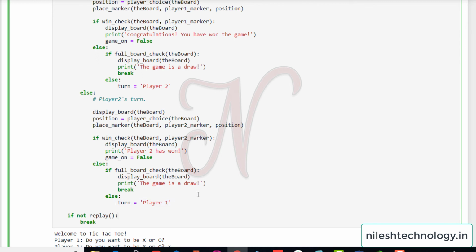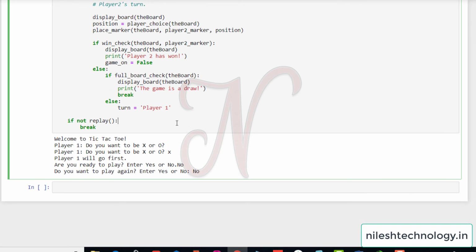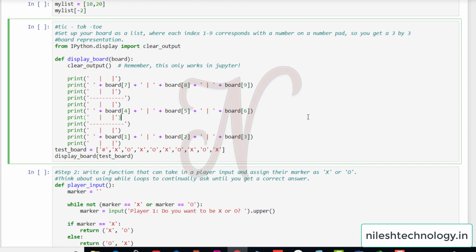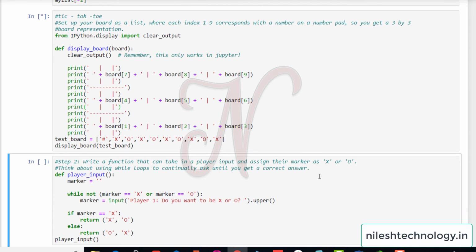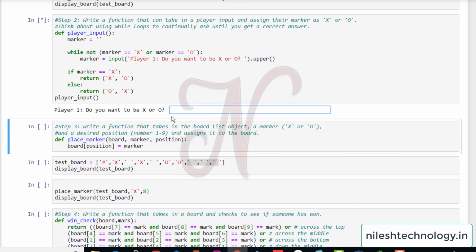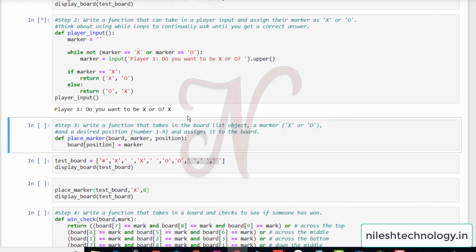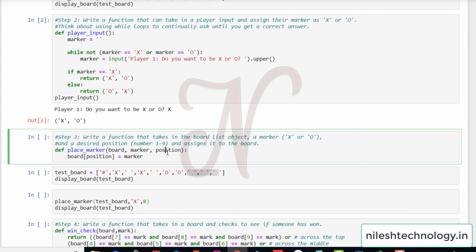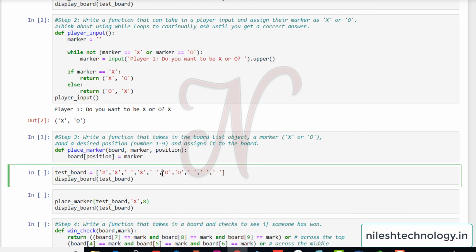So this while loop repeats until either one of the players has won the game or the game is a draw. Okay, so we run this code. See here, we rerun all the functions. So first, then this is your second. See here, do you want to be X or O? So X. Again the third, and this is your fourth.